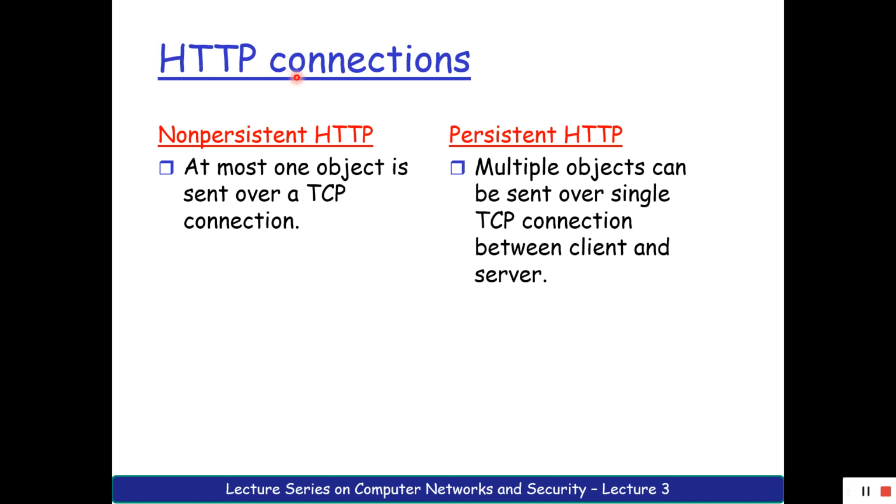connections go on. Whenever you consider HTTP, it may have two kinds of connections. One being a non-persistent connection, one more being a persistent connection. Okay, HTTP connections can be of two kinds. So what is the meaning of non-persistent connection? When HTTP makes use of a non-persistent connection, it is something like once the object is traversed from the server to